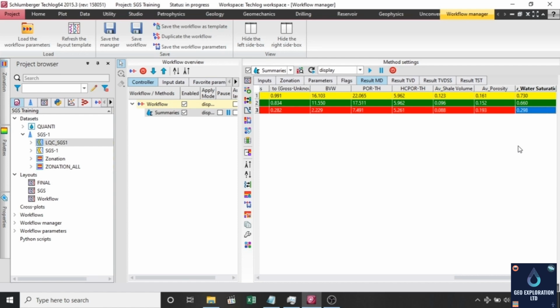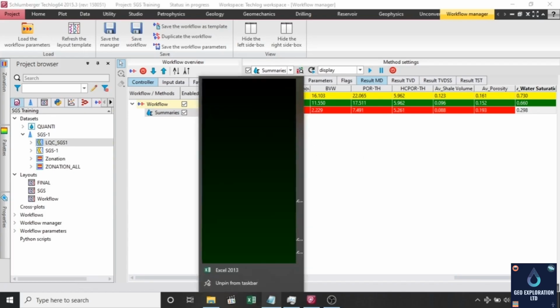That's a very good hydrocarbon bearing formation. So these are our results, and this is also the final product. You can just select this like this, copy this, and you can go to Excel and just